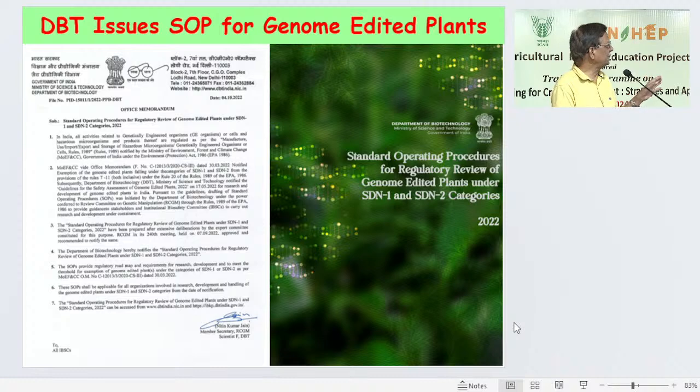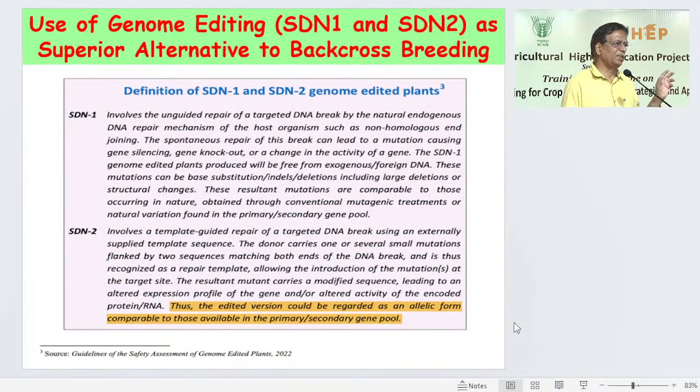So genome editing, you may have been told about this. Genome editing guidelines and standard operating procedures have been cleared by the government. It has been notified. So now we can do SDN1 and SDN2. Why were they notified by the government? Because they are not like transgenics. SDN1 and SDN2 is just like the breeding of NILs I showed you. There is no foreign DNA, only a particular gene you are changing,